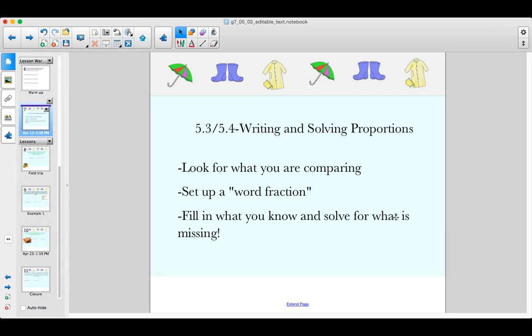So last week we started looking at ratios and rates and unit rate. And before your little scavenger hunt Friday, you started to solve proportions on Thursday. So we're going to continue not only solving, but also having to write our own proportions by looking at a